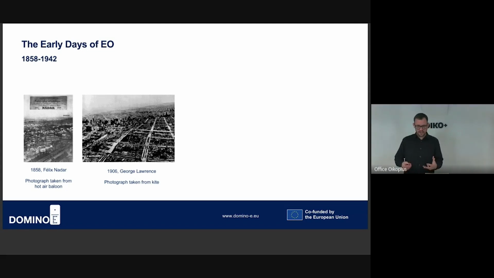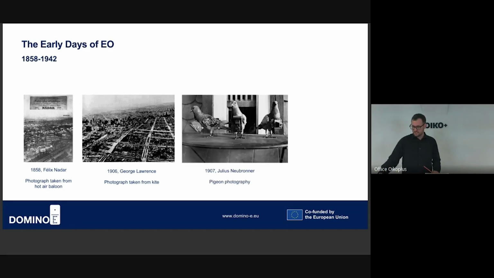So we have kind of an important aspect here. It's the first time that we have context and detail in one picture taken from the skies to help in disaster management, or to support disaster management, actually. Just a year later then,